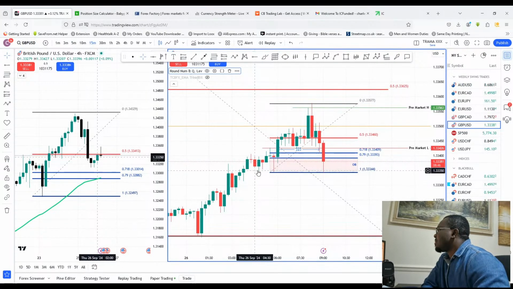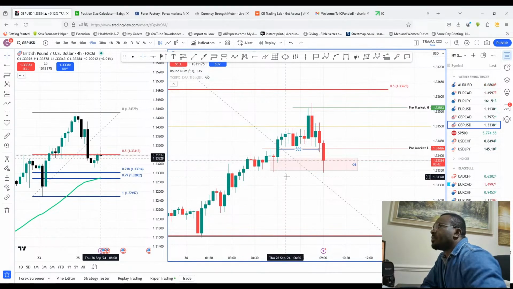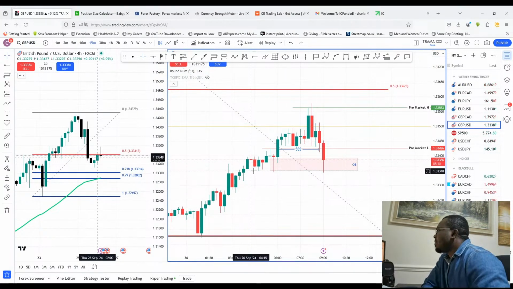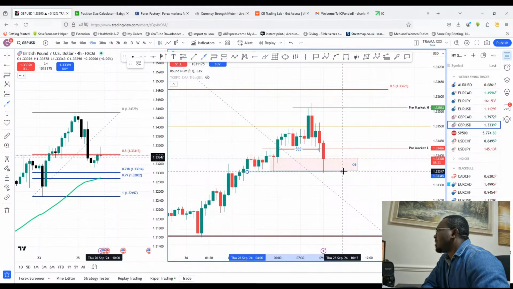So we have liquidity around this area as well. So we have liquidity here as well, which they have to take this morning. They have to take this liquidity off again, another beautiful liquidity area, which possibly might be drawing